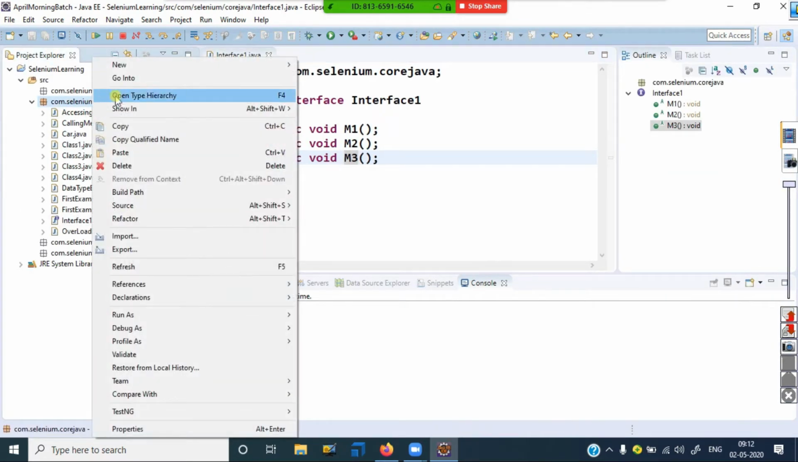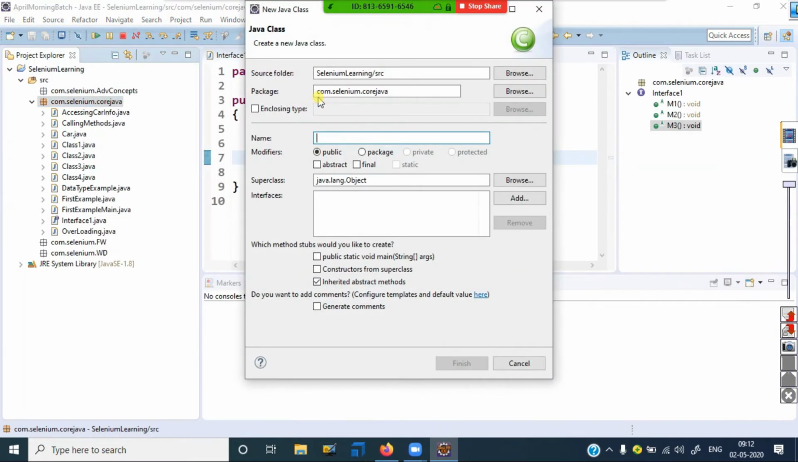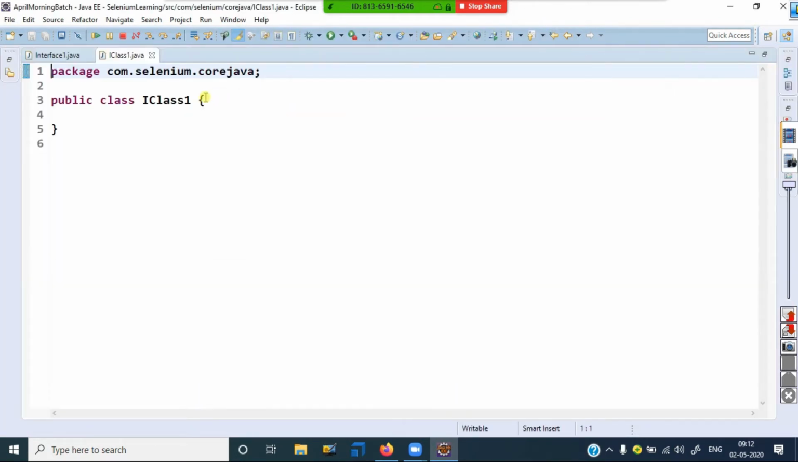Right click, new, and class. Now I can give the interface name I class 1, which means interface class 1. That's why I'm creating this class: I want to implement that interface. Very simple, I can use the keyword